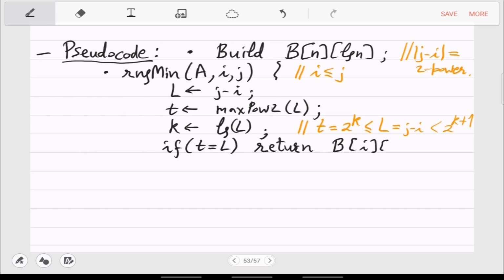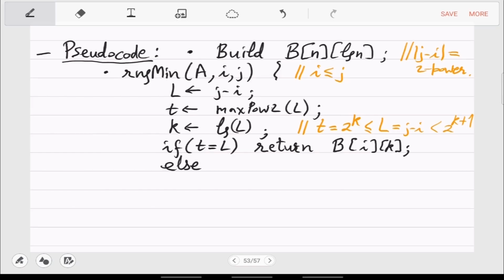B i k, right? So B i k, in the ith row, kth column, stores the answer for i comma j in this case. So that you have already calculated, so you just return.